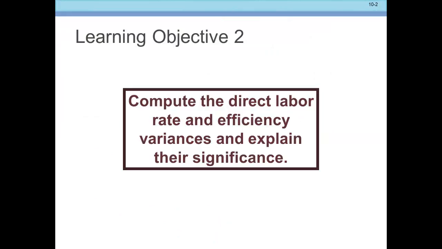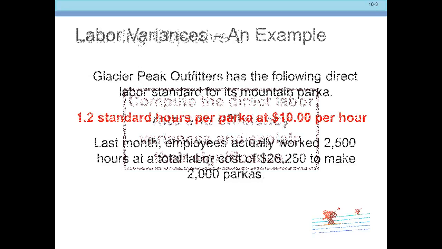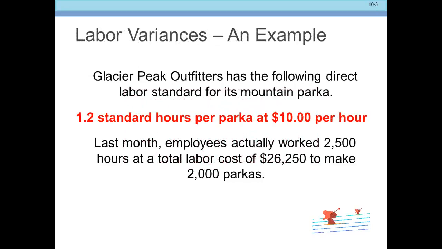First up, let's compute the direct labor rate and efficiency variances and then explain their significance. Let's work through this problem. Glacier Peak Outfitters has the following direct labor standard for its mountain parka: 1.2 standard hours per parka at $10 per hour. Last month, employees actually worked 2,500 hours at a total labor cost of $26,250 in order to make